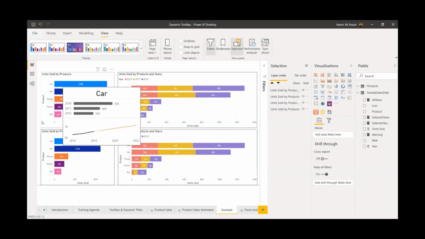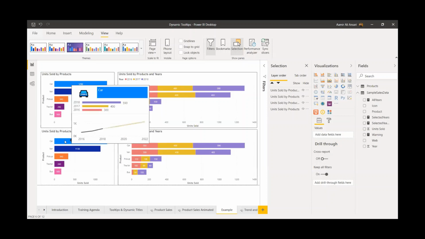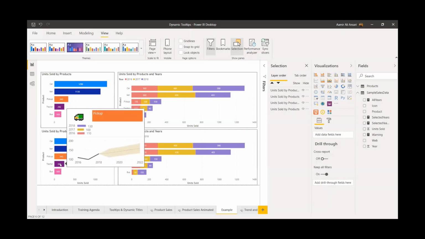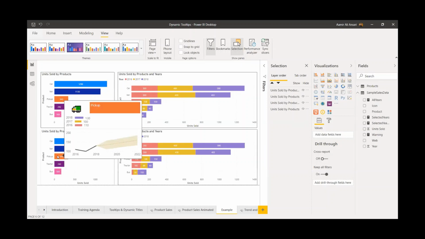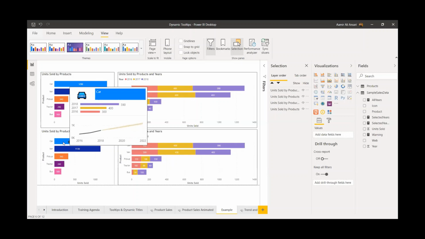Now in this next example, what I did is I have incorporated the same colors which are related to this particular product. If you see on top, the car name is coming in with the blue background. The van is coming with the dark blue, and then orange, purple and pink. So all these colors are changing with the selection. This will help you if you are on top of a certain product and there are so many products in that particular visual,